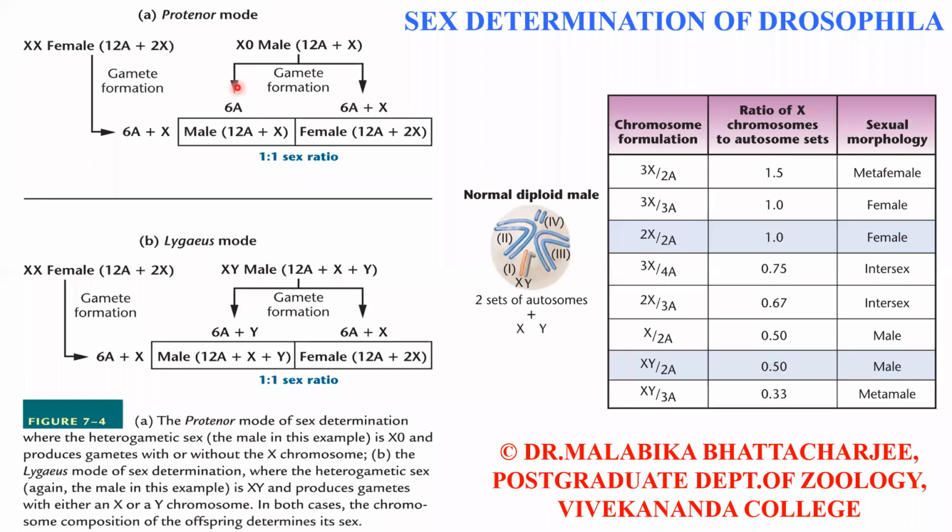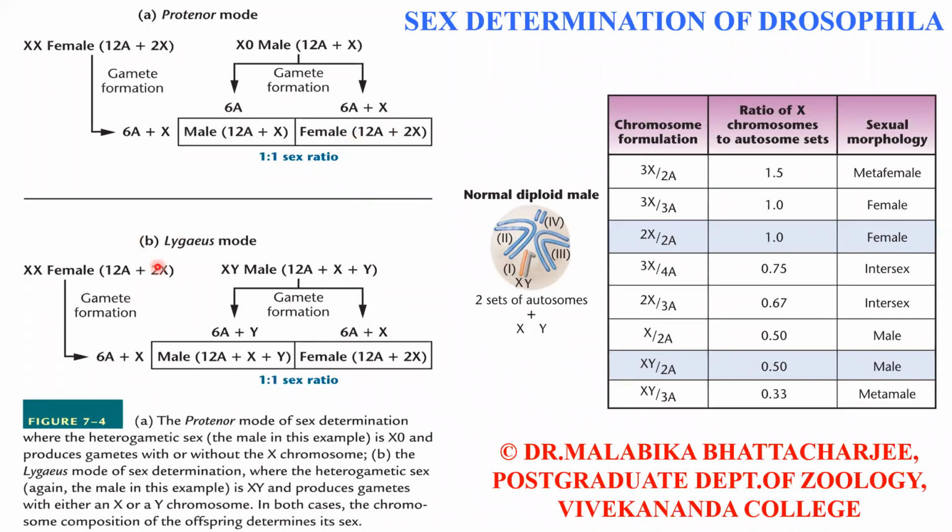During gamete formation, we are having 6 autosomes and since there is only one X, no X chromosome in this one, and in the other gamete we are having 6 autosomes as well as 1 X chromosome. And in case of the female, as you can see, it's the 6 autosomes and 1 X chromosome, if you just divide it into half. And then we have the crosses. See, the male has 12 autosomes and 1 X chromosome, and the female has 12 autosomes and 2 X chromosomes.